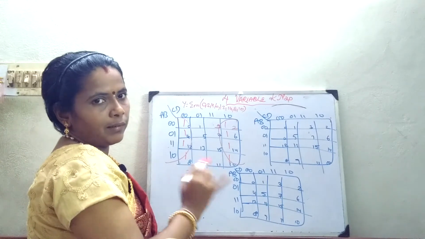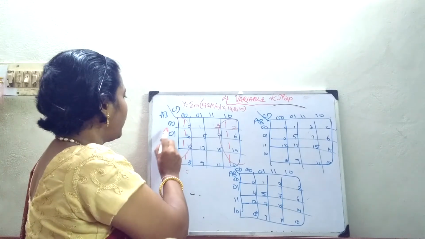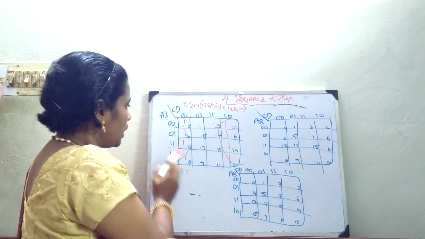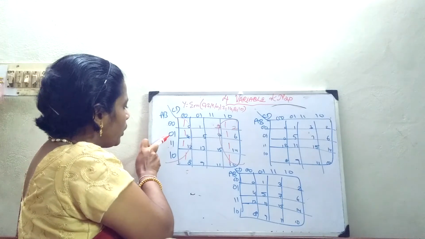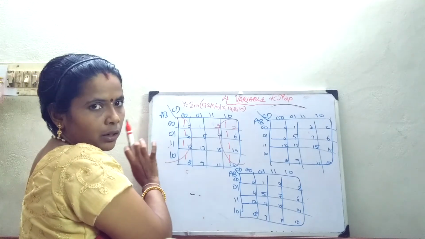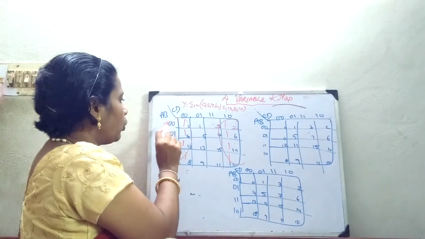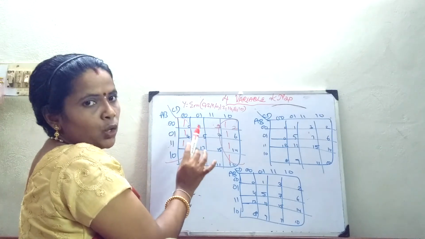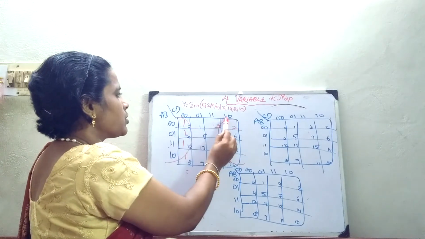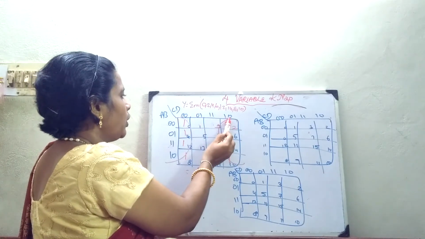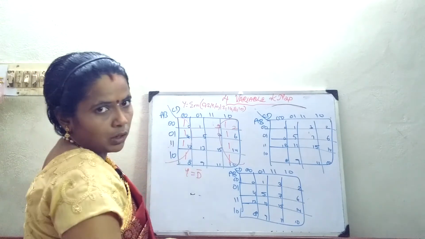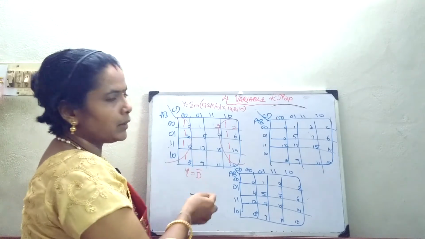Okay, now we will write the minterm expression. How will I write it? I have to check the first variable. You will not get anything row wise. If you want, you can check it. 0, 0 is matching, whereas when I proceed here, it changes to 1. So row wise, the A variable is not done with, so you cannot do anything with your A. Now go for B, 0 and 1. Here itself it is changing. So when all the cells are matching, only then you have to see in which column it lies. First variable 0, 1, it is not matching. 0, 0, it is matching. So the answer is y is equal to D bar. That's all. Go for an 8 cell grouping and write the minterm accordingly.